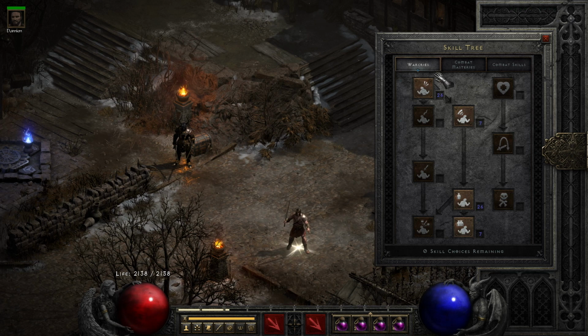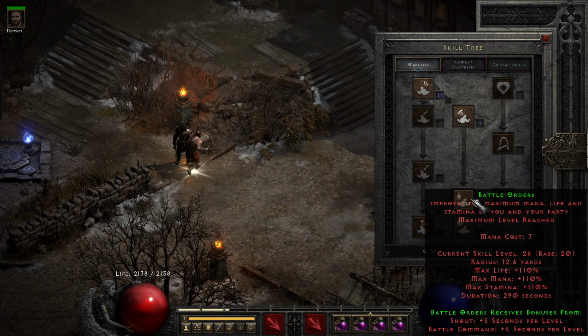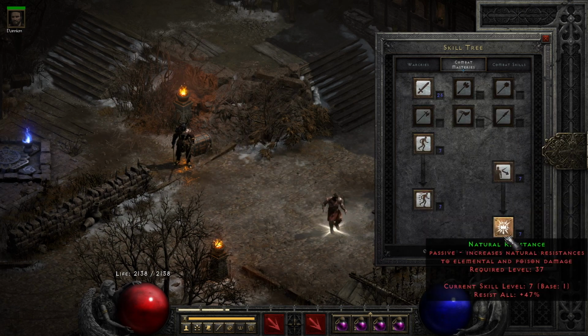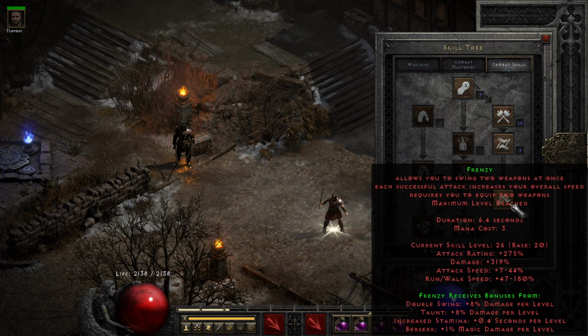For the skill trees, again, I wasn't told to switch things up, so I kept the trees as they were. For War Cries, I maxed Howl for crowd control and Battle Orders to boost our health and my mana. For combat masteries, I maxed Sword Mastery and put 1 point into Increased Speed and Natural Resistance. For the combat skills, we are a Frenzy Barbarian build, so I maxed Frenzy and put the remaining points into